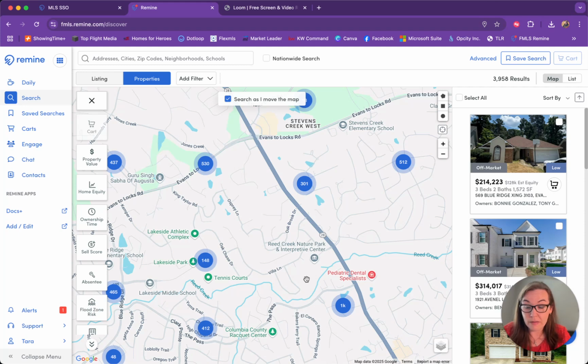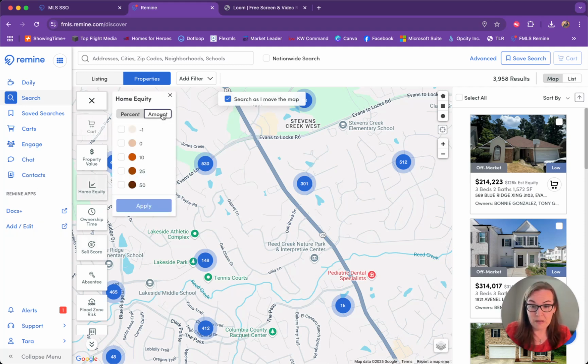Right now, the area I'm looking at, there are 3,958 homes in this area. That's a bit much. And you don't want to send mail to everyone. You want to think about your demographic. You want to think about what exactly you're looking for. When I'm pulling data for our monthly mailings, I typically search for minimum accrued equity and minimum ownership time, because in our case, for what our goals are, we are trying to attract potential sellers